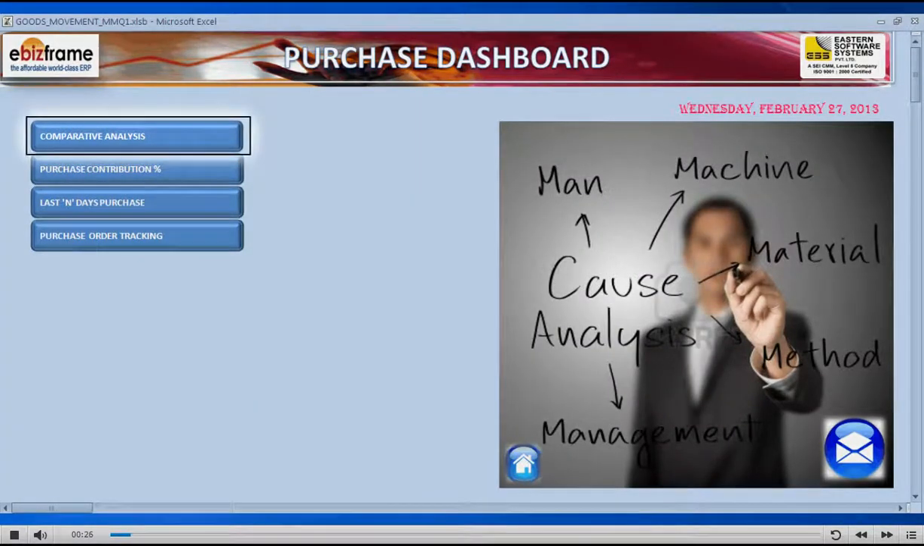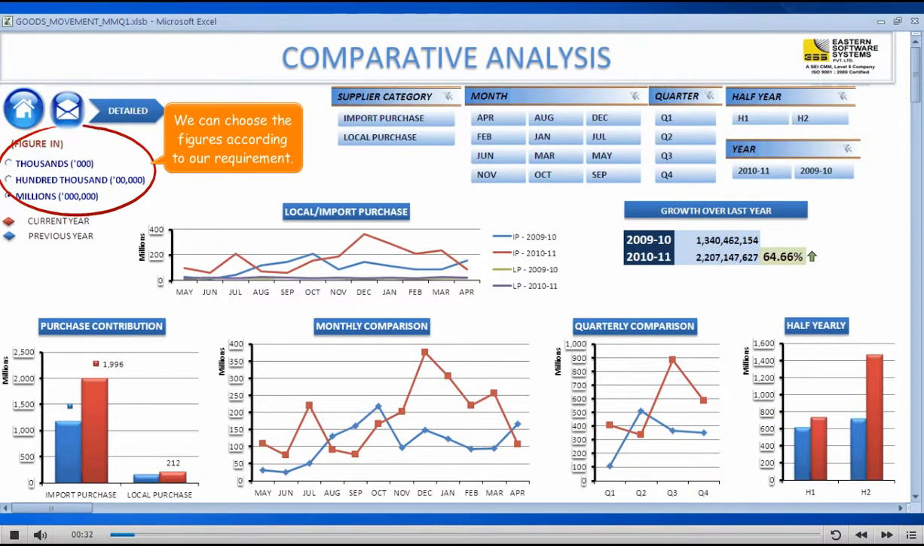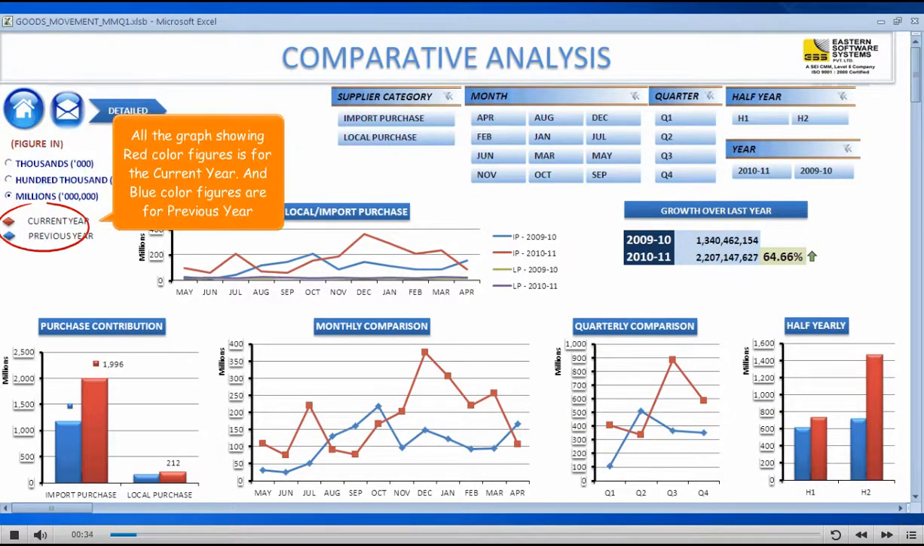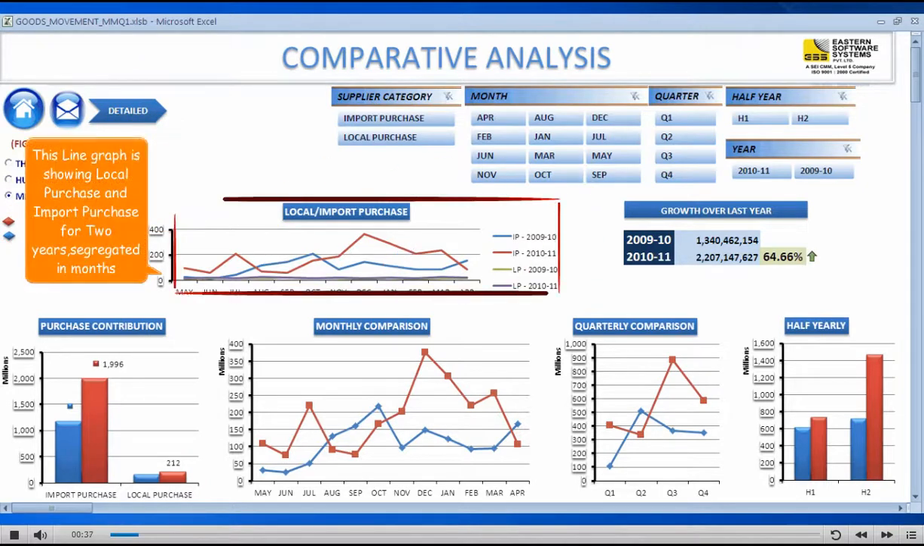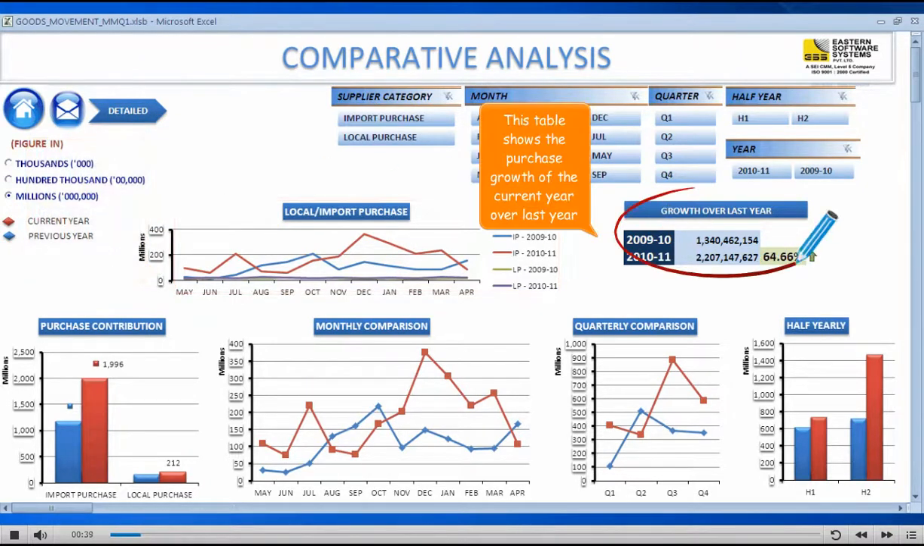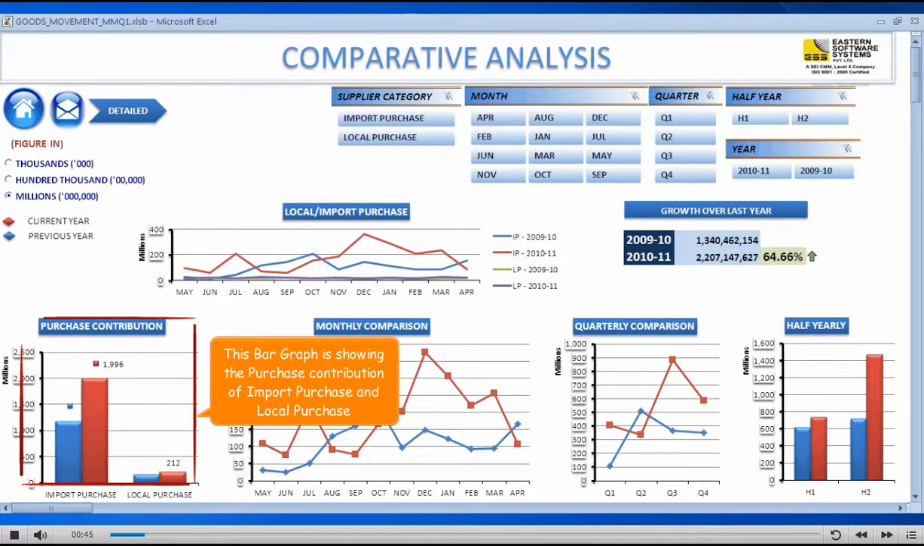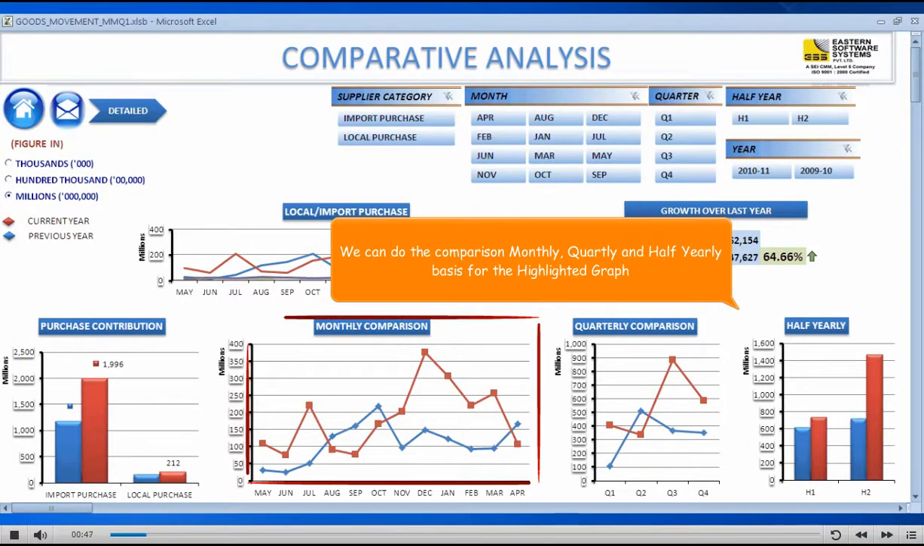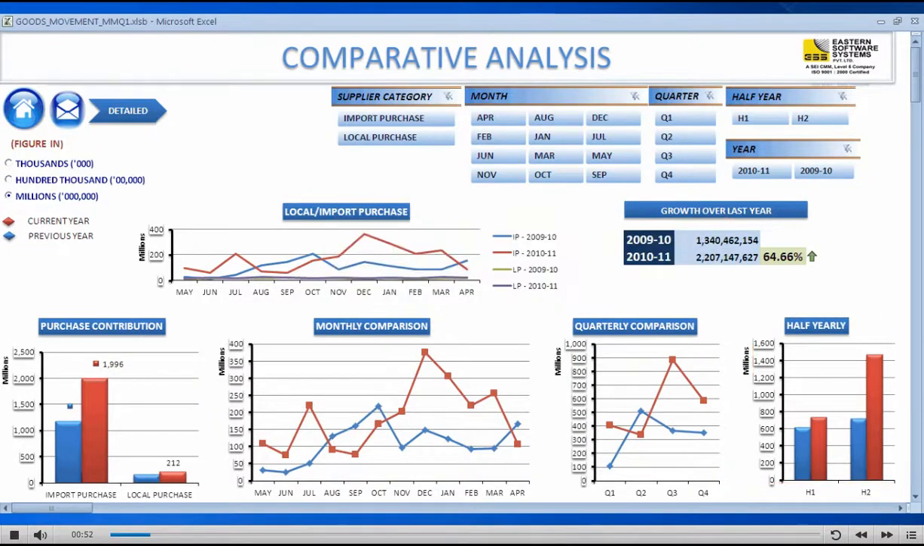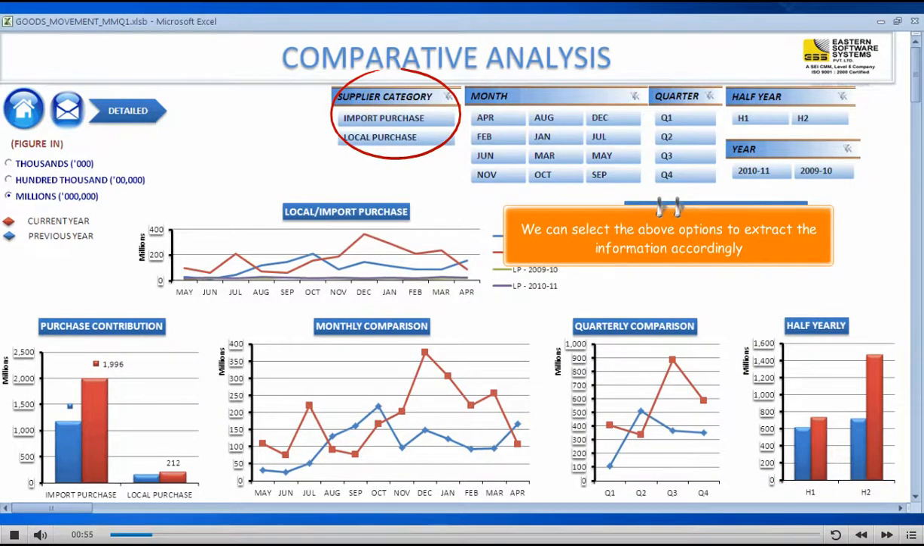The Purchase dashboard has a sub-dashboard which is comparative analytics. Here we have a choice to select the figure types. This dashboard summarizes the key purchases to see the purchase contribution monthly, quarterly, half-yearly and yearly. The dashboard is sliced by supplier category, and month, quarter, half-year and year buttons, which makes it easier for the user to determine